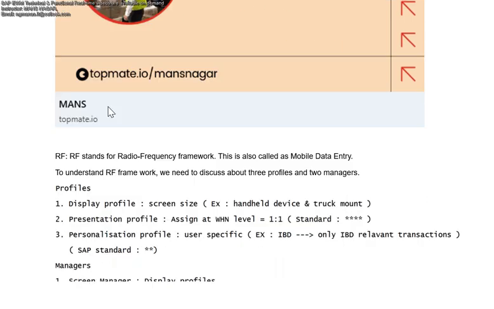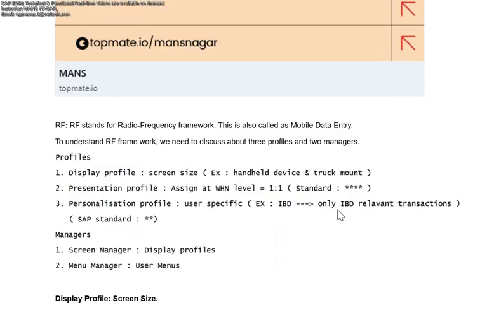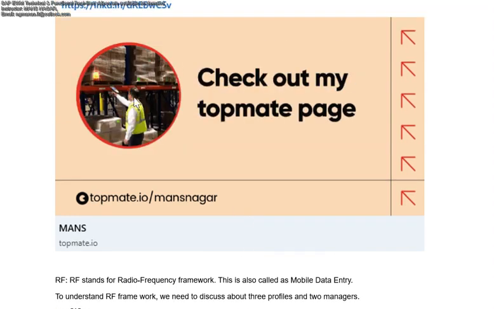Picking means, if we see here, only inbound delivery relevant transaction presentation profile. This person will be able to see on the RF screen only what is related to the picking processes. That could be a functionality. That functionality we set on the